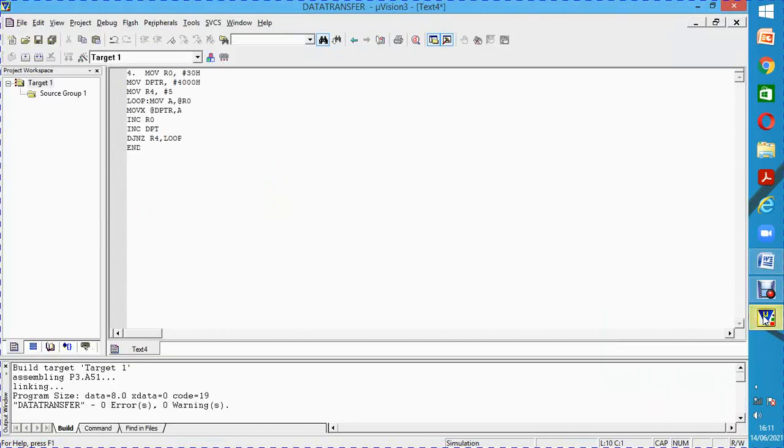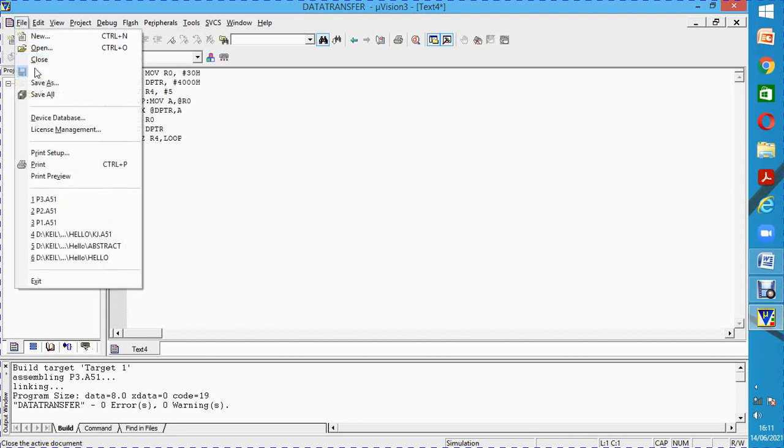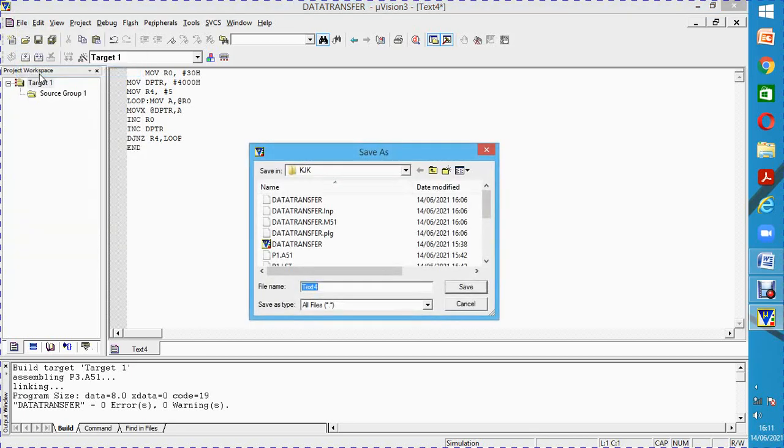I'll just type here, and after this you can save the program. Go to file, select save, give the program name as p4.a51,